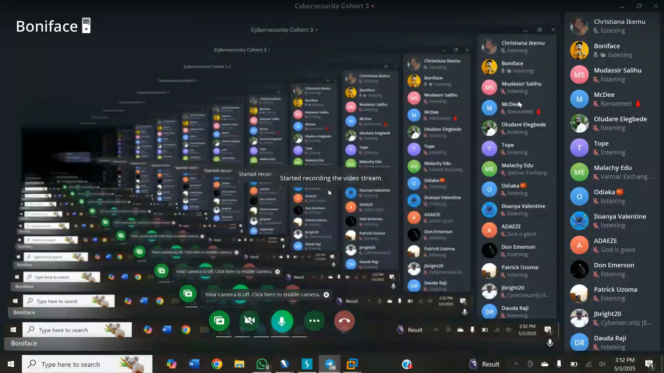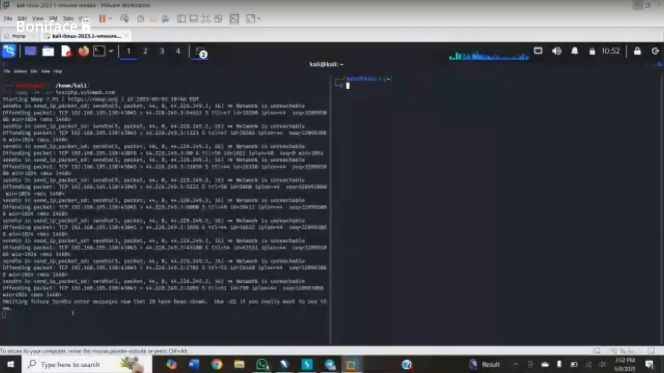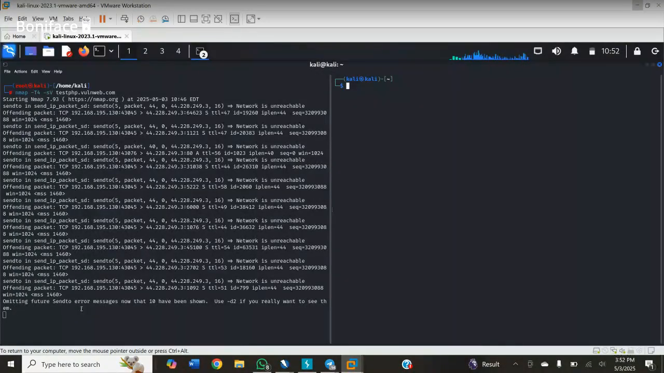Okay, so going straight to what we're doing before, which is nmap. So we're going to stop this one, then we're going to start it again because there was disruption in what we're doing before. So we're just going to repeat the command, press enter. Now, on the other side of the screen,